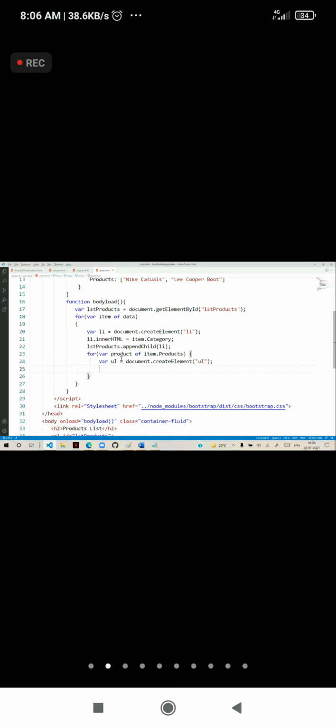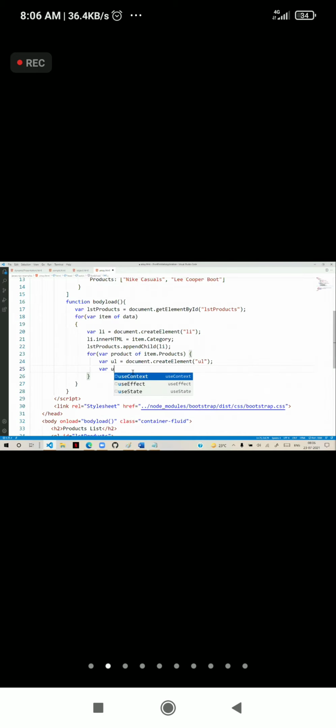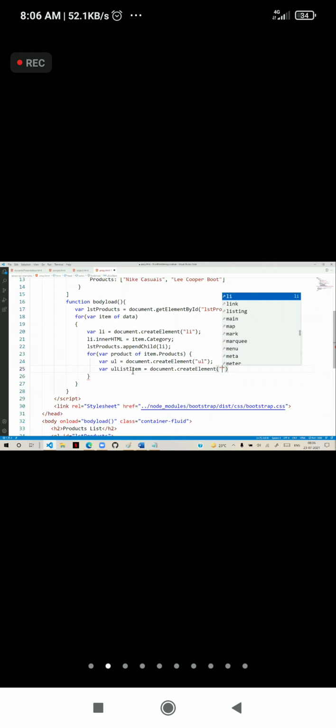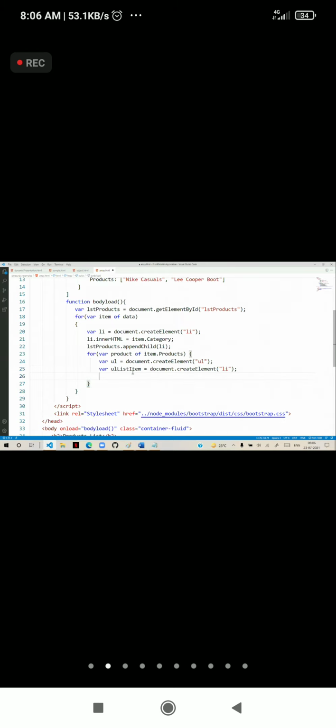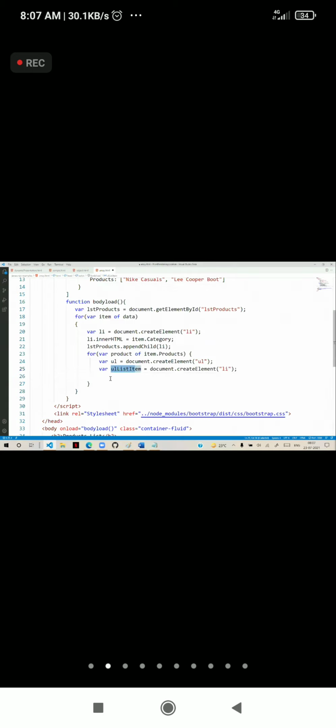And in the unordered list, we need again a list item. Then var unordered list item is equal to document.createElement. It is li only, list item is created. Now into this unordered list item, the product must be displayed. That means unordered list item.innerHTML is equal to product.